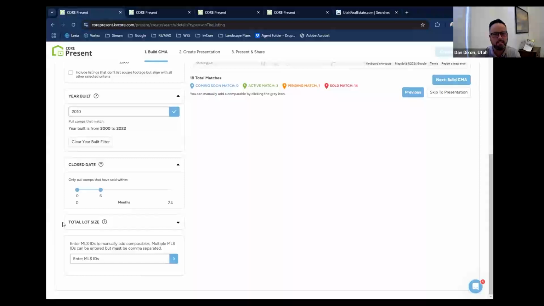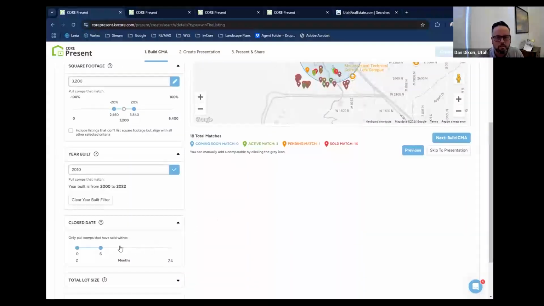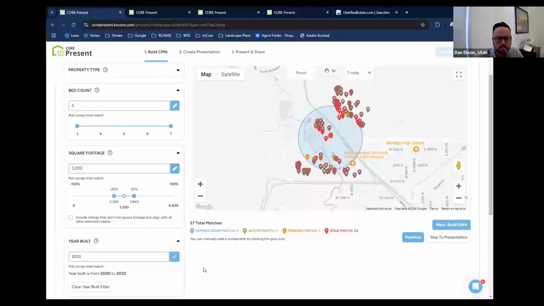Did it go up by 10%? Haley, 1%? Right? So you're muted, but 1%? So it didn't move a whole lot, right? And so comps that sold 10 months ago are probably fairly relevant because it only moved 1%. So I want to go out a full 12 months, right? Because that's still relevant data.